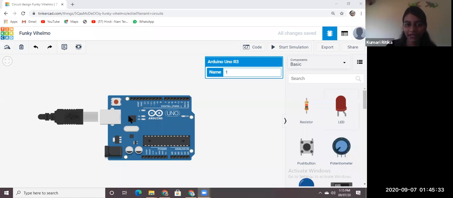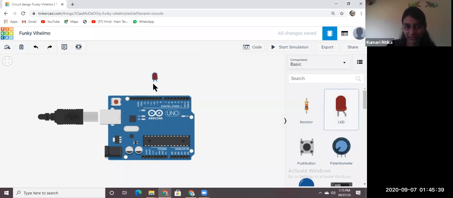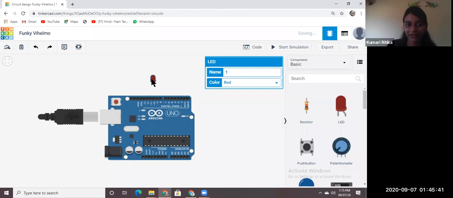Okay, in Tinkercad. So we have placed our Arduino board, and then we click on this LED, and then we click on this screen. This will place our LED. The LED has two parts. The left side is the cathode, the right side is the anode.